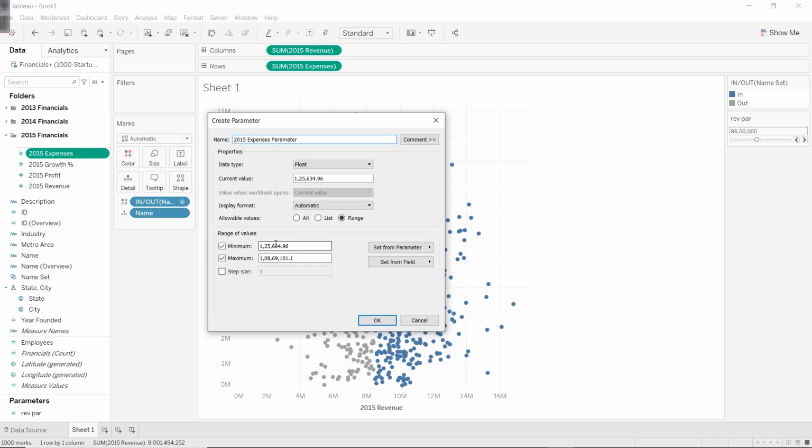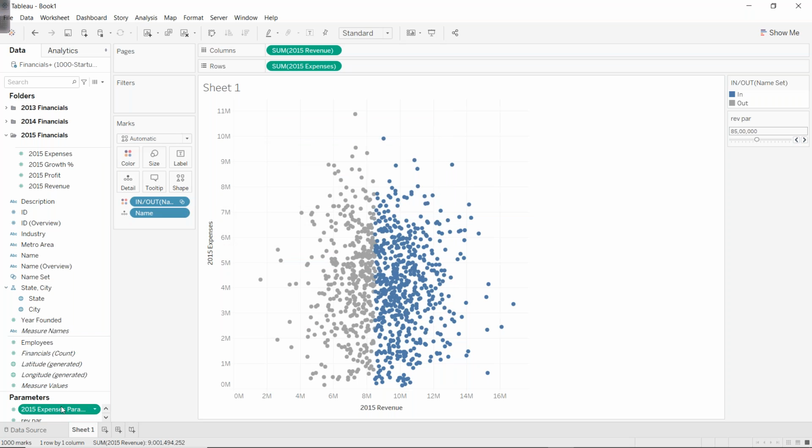You will see that the minimum and the maximum value comes in. Let me round off. Let's say 125 and 5 times 0, and a step size of, let's pick 10 lakh here also, and click OK. This is my second parameter, which as of now is not doing anything